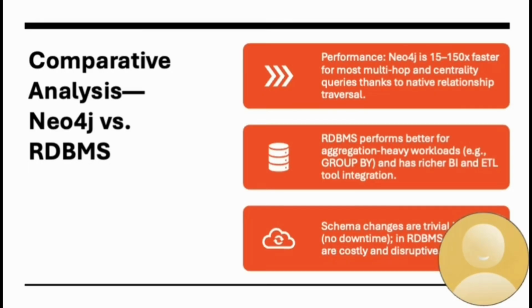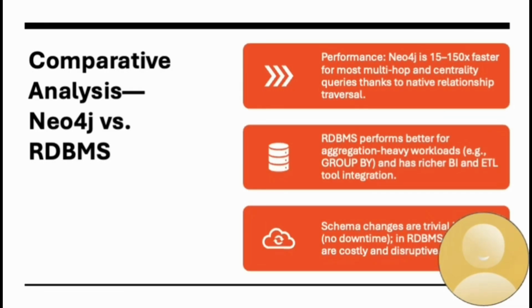Having said that, RDBMS systems still have the edge in heavy aggregation tasks and integration with mature business intelligence and ETL tools. Group by aggregation queries typically run 2 to 5 times faster in relational systems, especially at massive scale. Thus, we can use Neo4j for highly connected, rapidly evolving, and relation-based analytics, and RDBMS for transactional workloads and